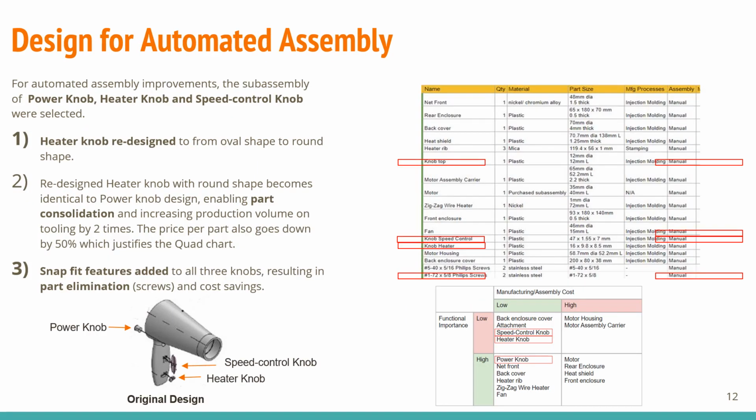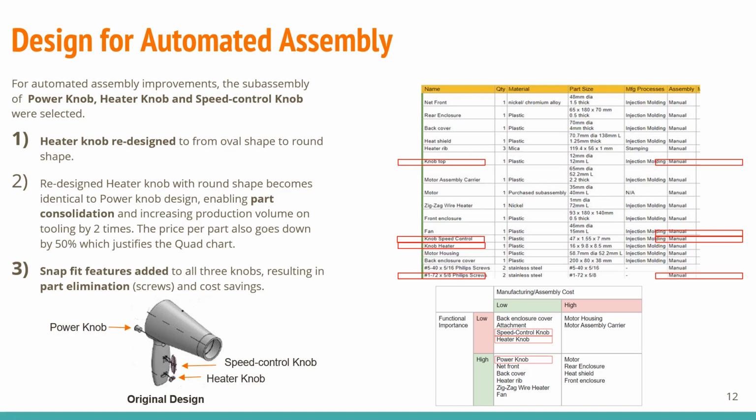For automated assembly improvements, the subassembly of power knob, heater knob, and speed control knob were selected. The original design of the heater knob has an oval shape, which is inefficient to roll in the shaker machine for automated assembly. The heater knob is redesigned to have a round shape so it can roll more efficiently in the automated assembly process. The redesigned shape and dimension of the heater knob is made identical to the power knob,